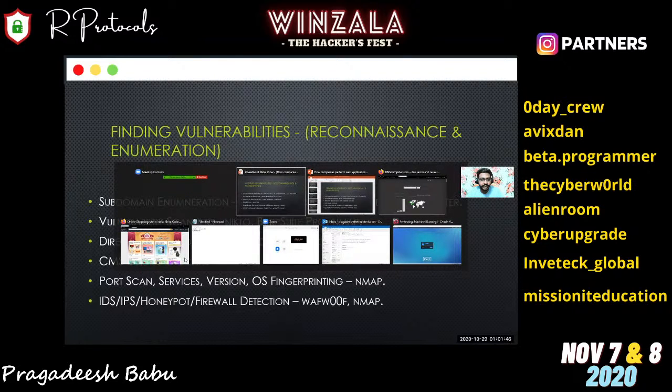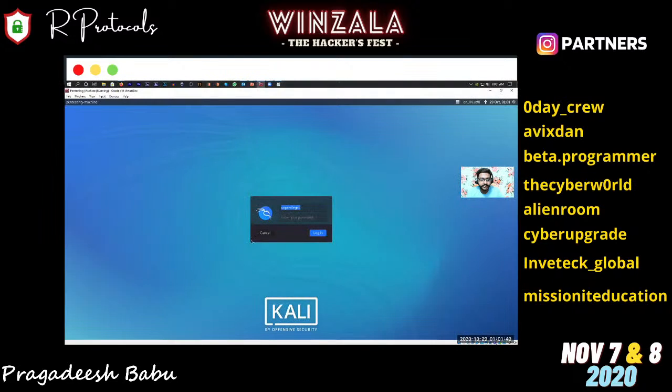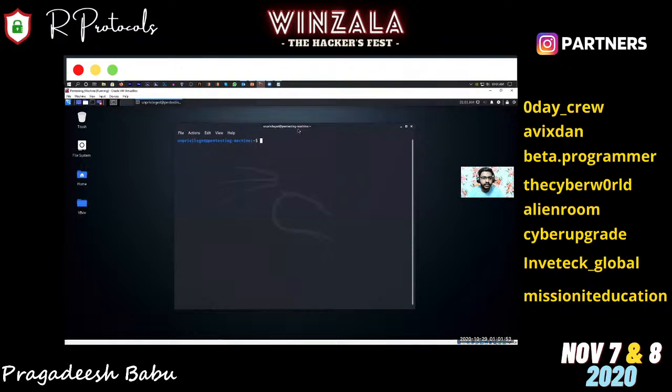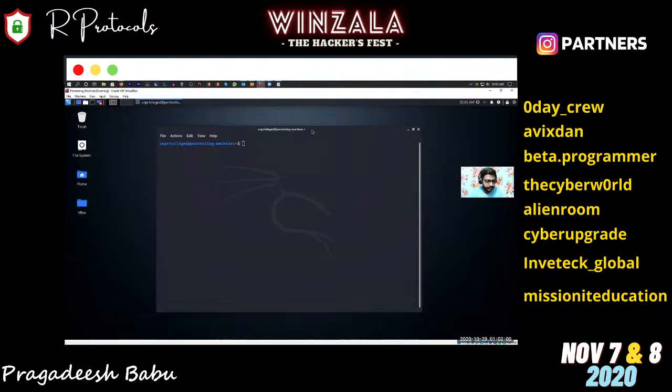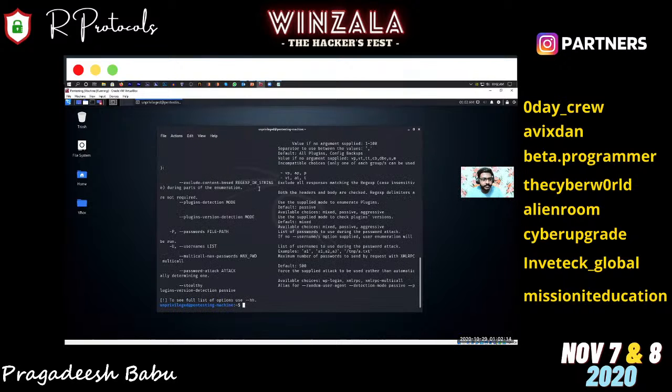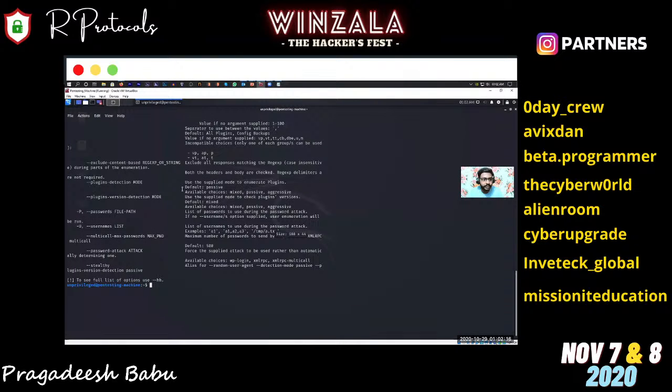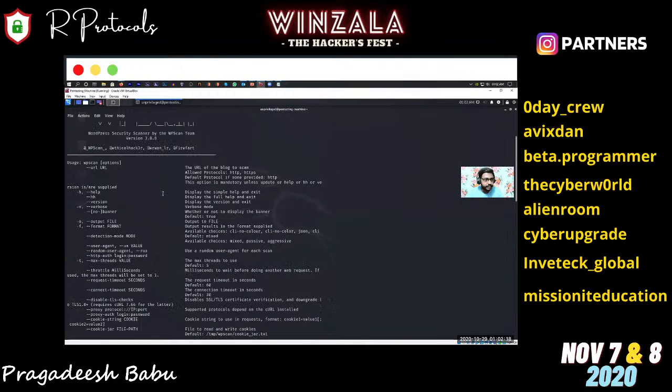I'll show you an example of that. We'll go to Kali Linux. So this is my Kali machine here, and we'll go for WPScan and give -h for help options. And you can see here it has a couple of many options here.